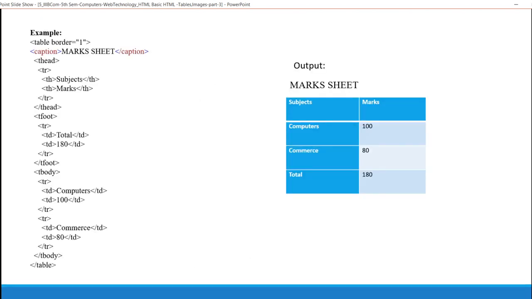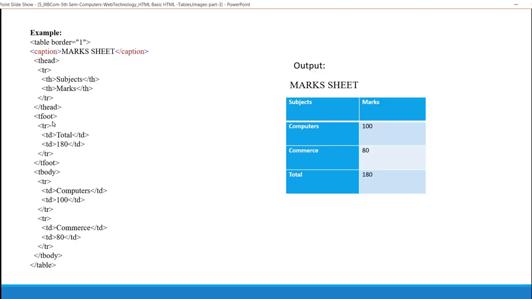Example for these advanced tags. First one is caption. Caption is placed immediately after the table tag. Table border, caption, header, TR, subjects, marks, close TR, close head. In a head I am writing subjects and marks.